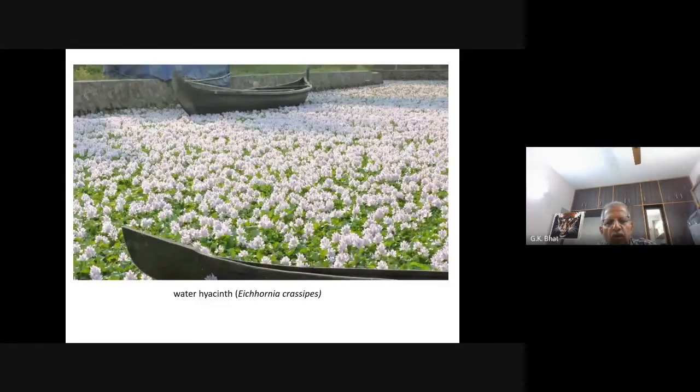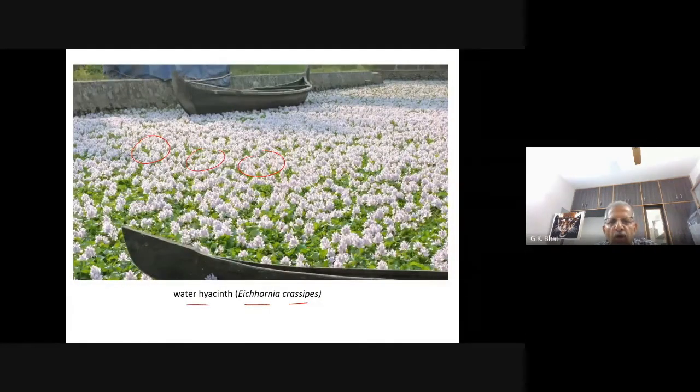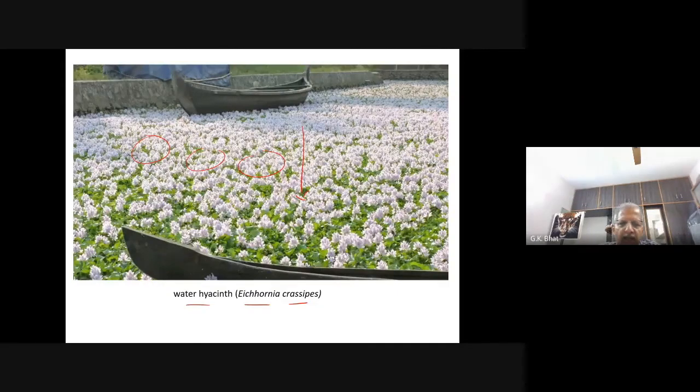I will show you. If you see, this is a lake with water, but you can't see the water at all. What you see are all the flowers and the plants of water hyacinth, Eichhornia. When this is the condition, no more oxygen can get dissolved in water. Whatever oxygen is there is used up by the planktons present there. Down below, whatever fishes live will not get sufficient oxygen to breathe. All the organisms present down below die. They get killed without getting sufficient oxygen.